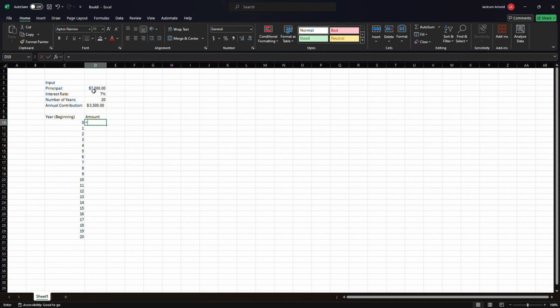Okay, so with year 0, our amount is going to be our principal, our initial contribution, which is $7,000. Now year 1, this is day 366. This is after a full year of compounding, as well as the addition of our annual contribution of $3,500. So in order to figure this out, we're going to do equals parentheses, parentheses, okay, and then we're going to take this amount,